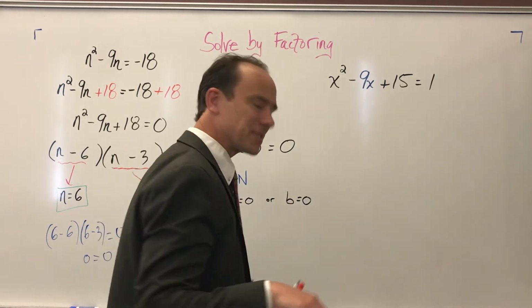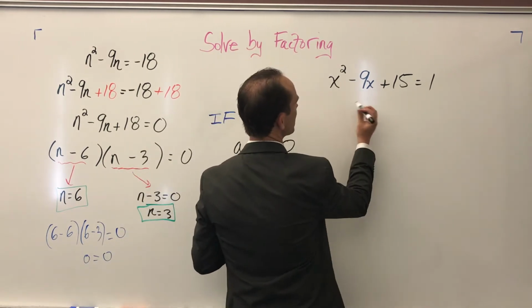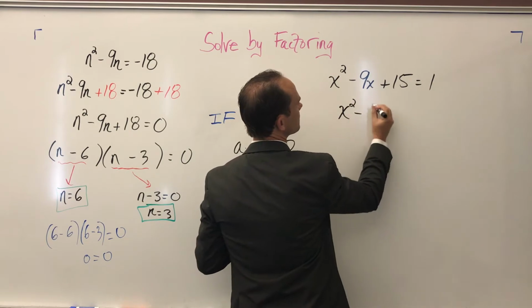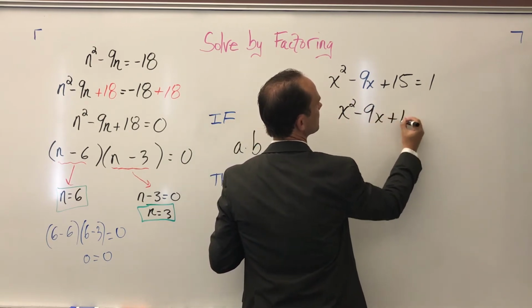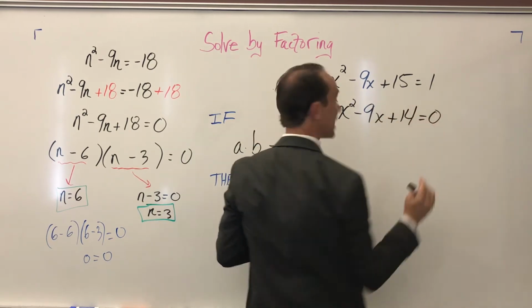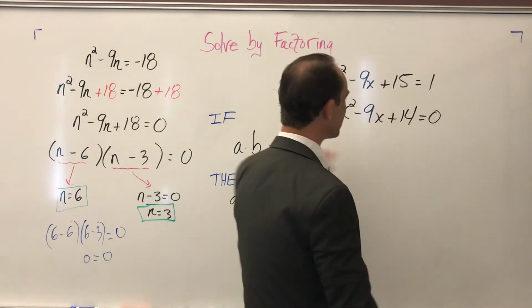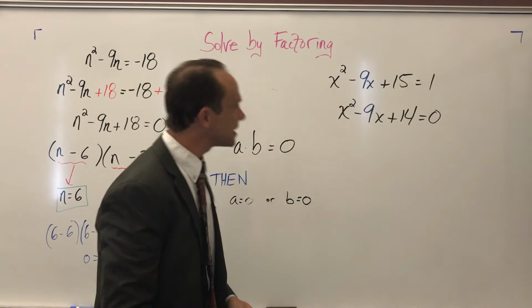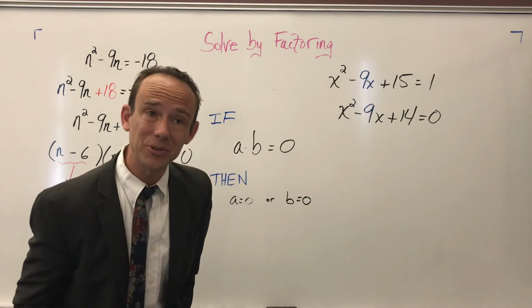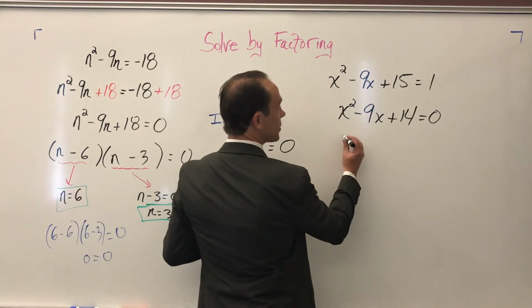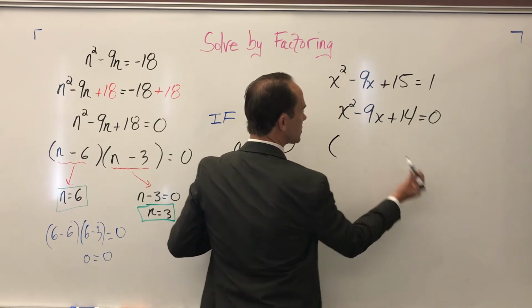So let's make it equal 0. You see what I did there? I didn't show the step that time. I didn't show it like I did over here. But hopefully you can see how I subtracted 1 from both sides. Okay, so now you've got to factor it, and you could factor it